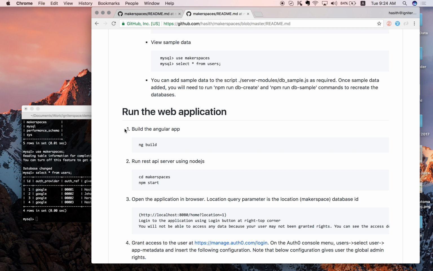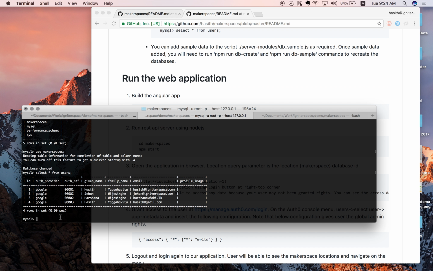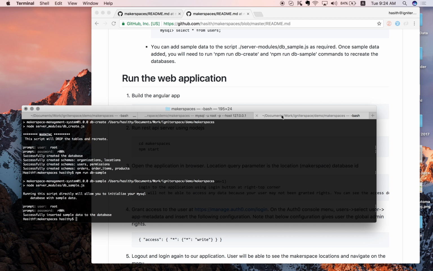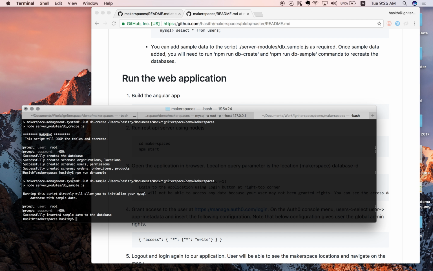We can now go into the web application and run it and see. For that I'm going to use a command ng build, so that I will build all of the Angular files into the Angular build output folder. So let's run ng build,